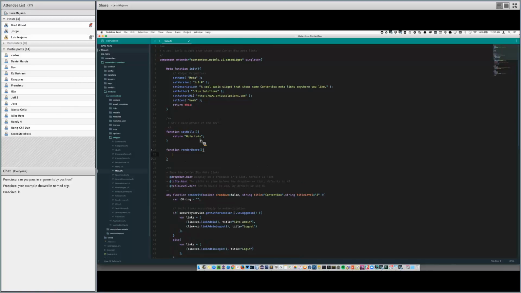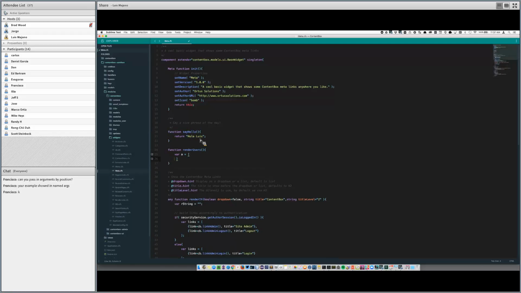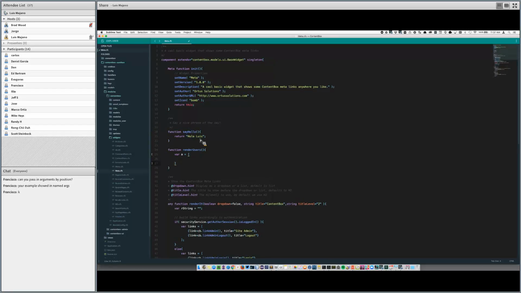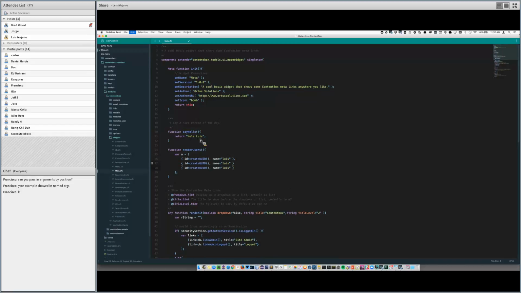My site links. And you can see it auto updates here with the right information, the level of H that I want, if I wanted an H3, right? And basically you're testing if your widget works correctly. I can change to the say hello, and there is Hola Luis. Okay. So very, very easily you can start working with your widget and making sure that it works in CFC